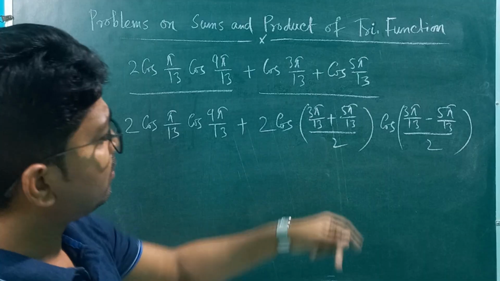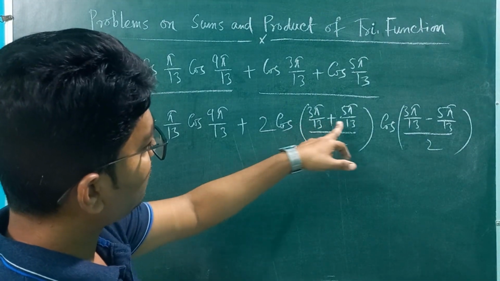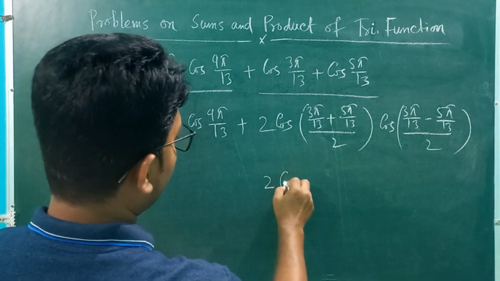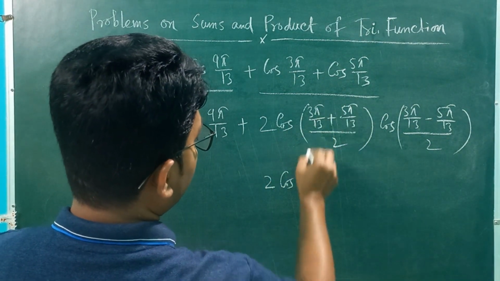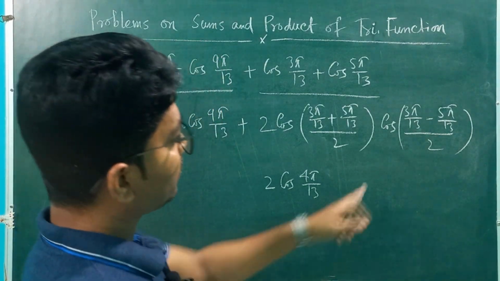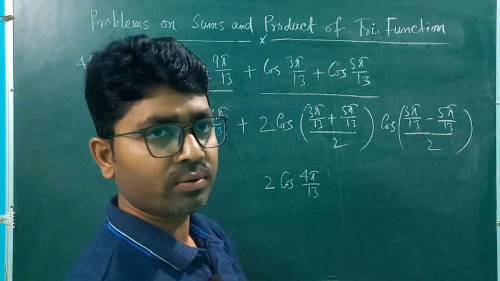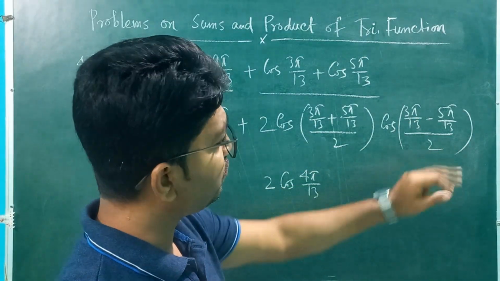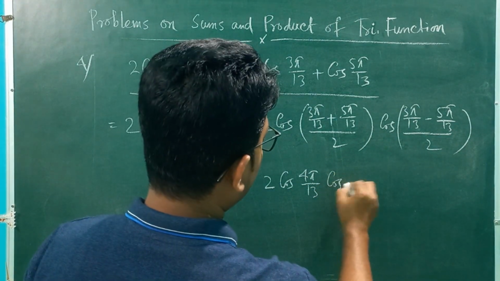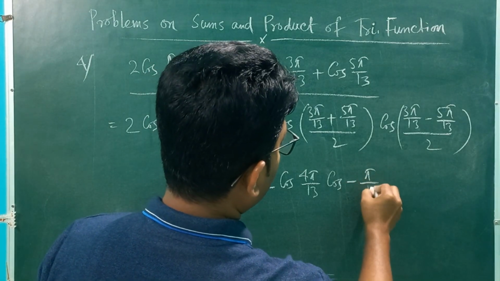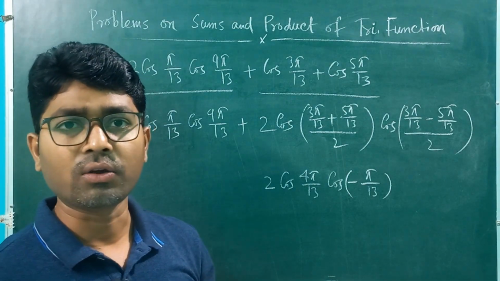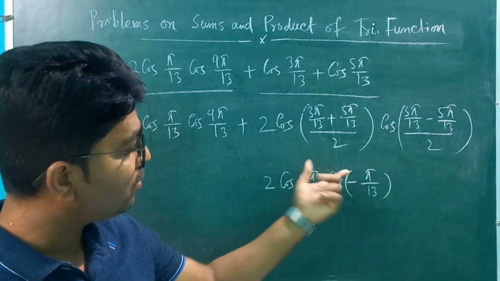Now if you calculate this, very simple addition, 13 is the LCM. 5 plus 3 is 8, by 2, so this becomes 4 pi by 13. And this one becomes cos of 3 minus 5, that is minus 2, minus 2 by 2, that is minus 1, but as this is cos of minus, this becomes cos minus pi by 13. Now you know cos of minus theta means only cos theta, so this minus sign will vanish,